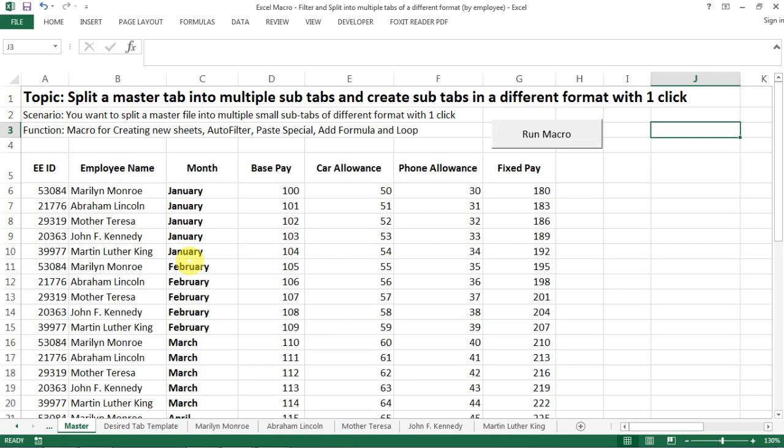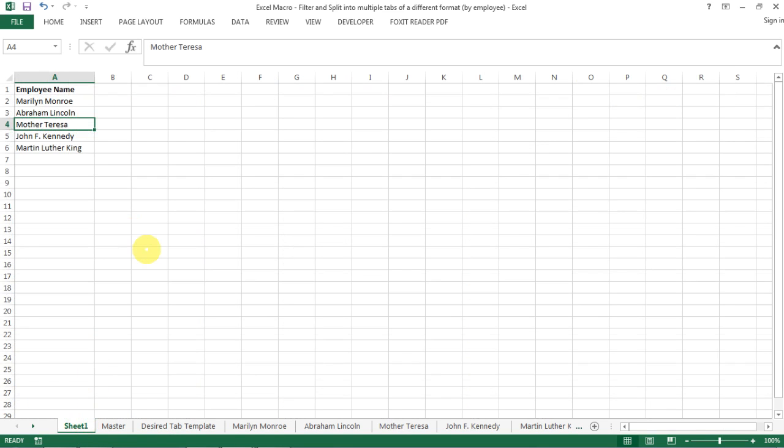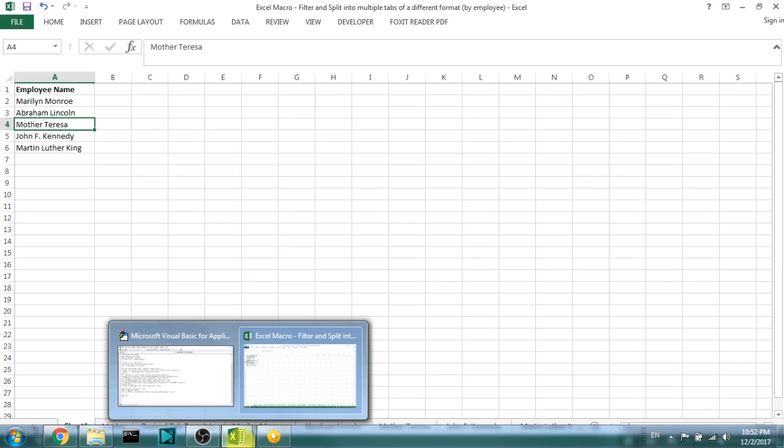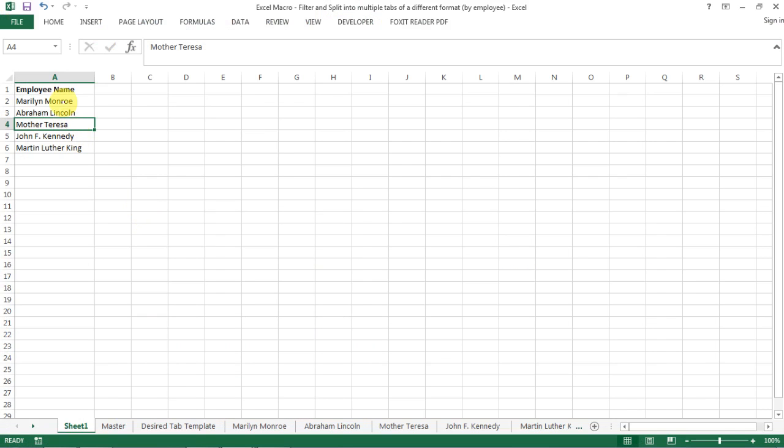As a bonus at the end, I just want to emphasize a little bit more on how we can extend from this. Let's say I have 5 employees showing here. What if you have 50 or 500? It is actually very easy. You don't even need to change the code itself for that. You just make sure you have all your 500 or 5,000 employees. Well, hopefully you don't have that much to worry about, but just make sure you have all those unique names